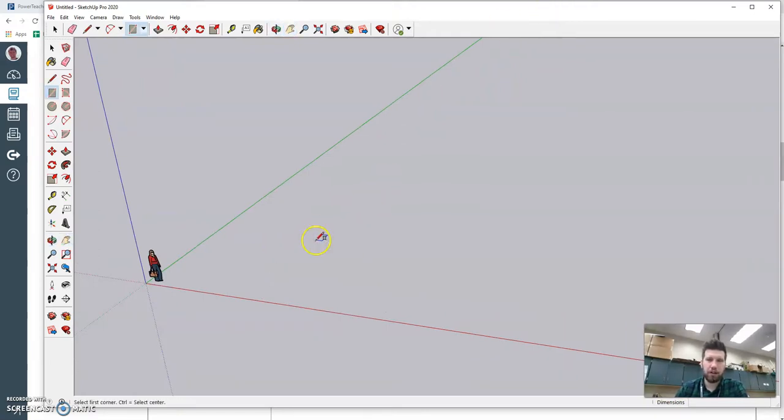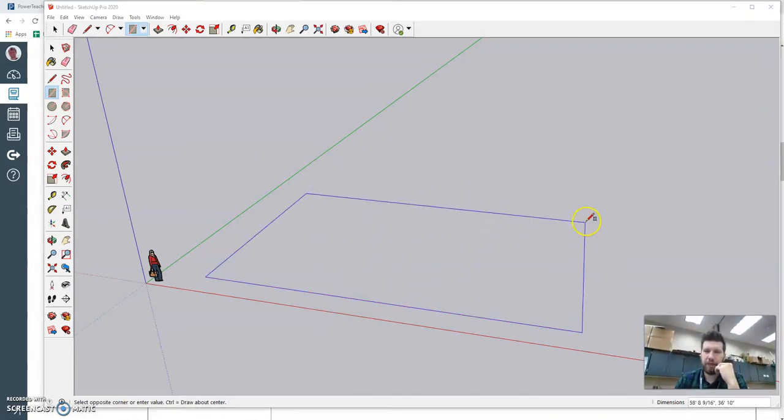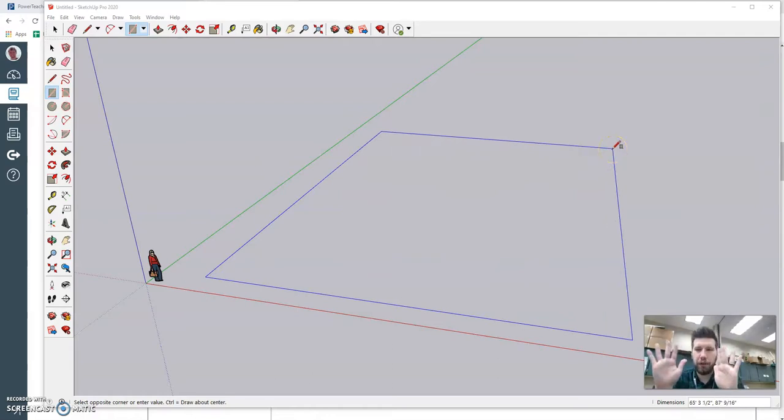We're going to hit R for rectangle. I'm going to click once, and I'm not holding my mouse click down right now. You'll notice in the bottom right, it's kind of under my webcam, I'll move that up a little bit, you can see the dimensions that we're about to draw. So if I just click once and start my shape, again not holding my mouse button down, I can go to my keyboard and type in a specific size that I want. So I'm going to type in 50 apostrophe,